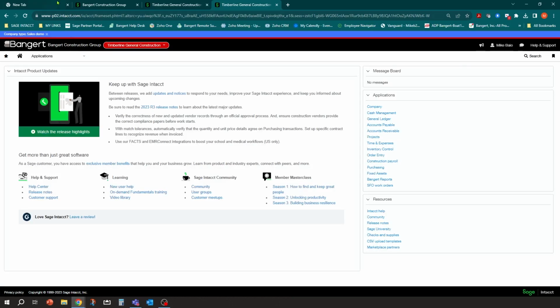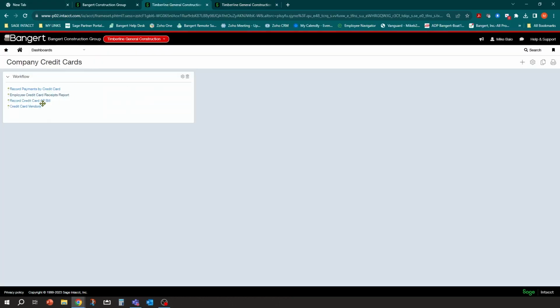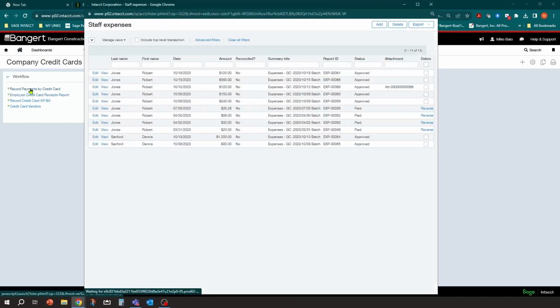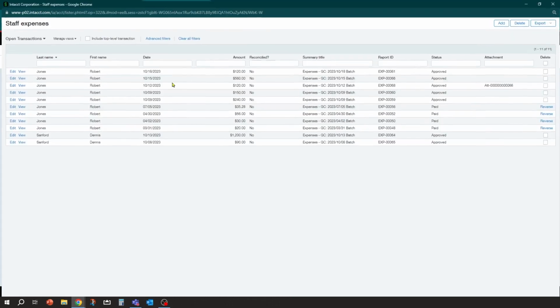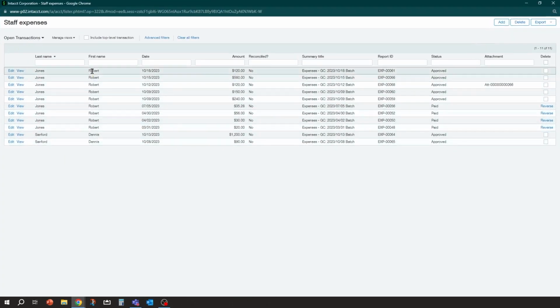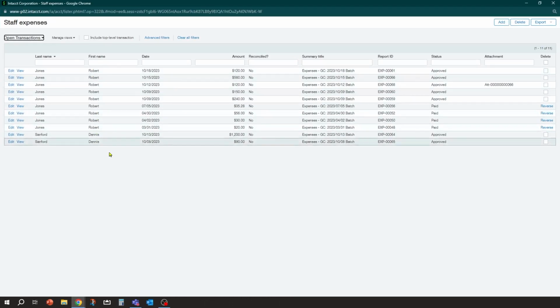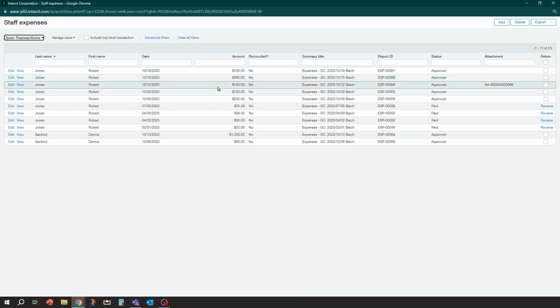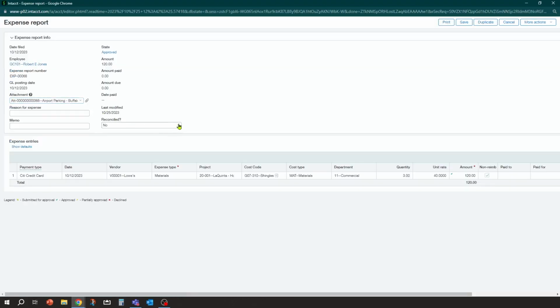The other way you can do it, if I go back to my dashboard, is to go back into that record payment screen again, and you'll see a list of all your charges. Again, I have a filter on just showing open transactions. Then you can come in here and say, all right, there's this one. Same thing, I can click edit, reconcile here, and save.